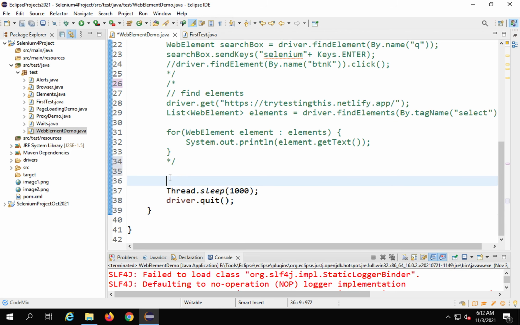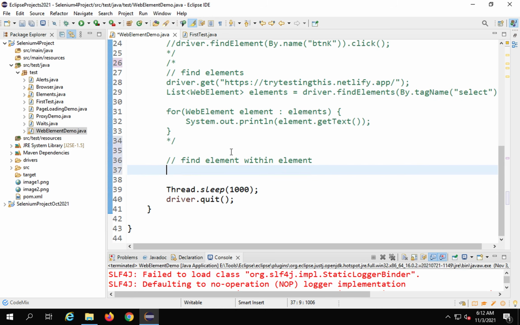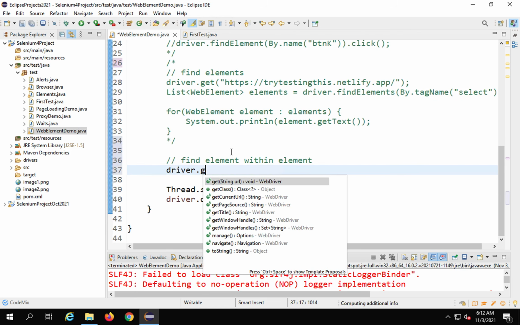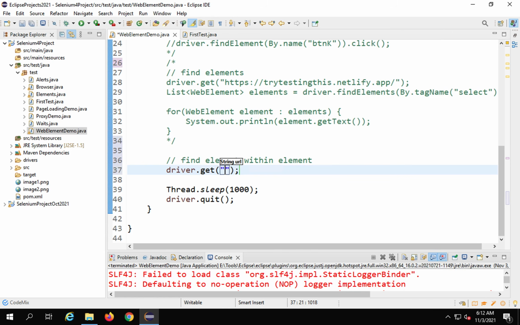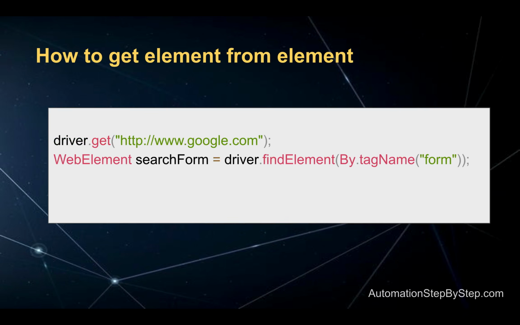Now I will say here find element within element, and for this I am again going to google.com. So I will say driver.get https://google.com,